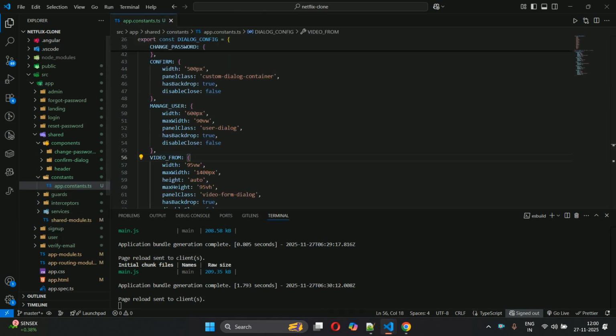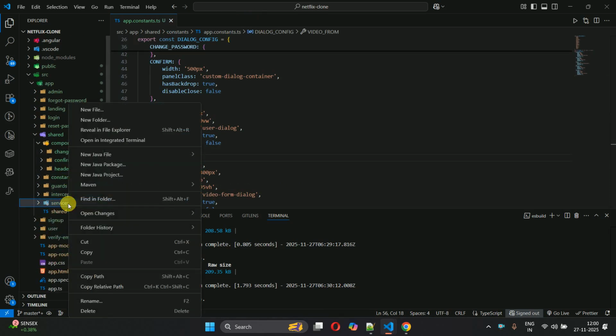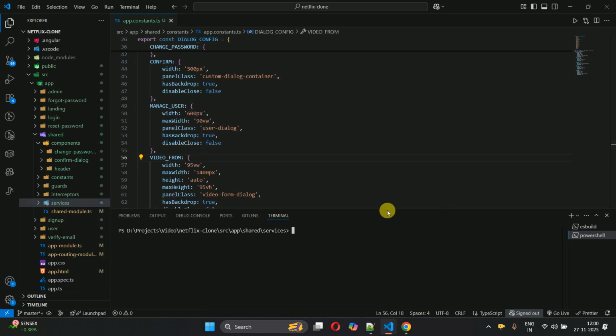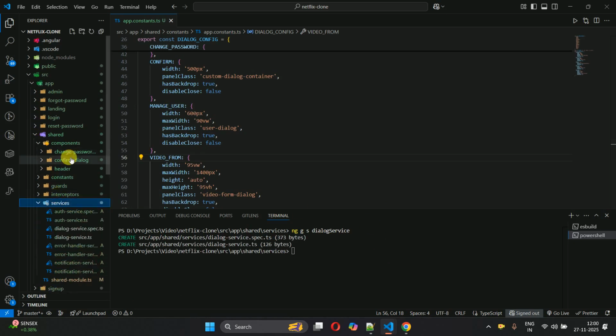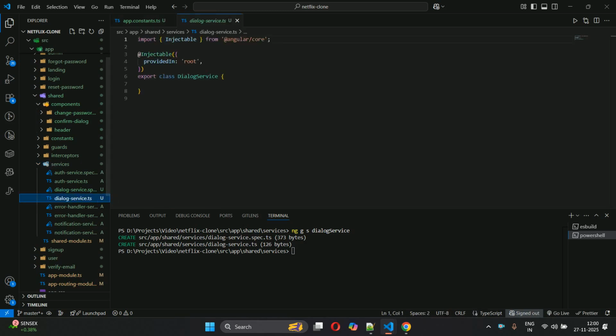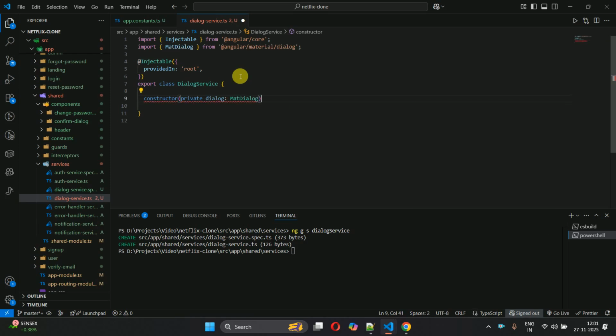So now we have to go to the service folder. We have a service folder, right? So right click on that, open the integrated terminal, and then write ng generate service dialog service, and then press enter, and it will create a few files inside the service folder. You can see the dialog service is created now for us. Now go to this service, and then we have to create a constructor, and in this one private dialog: MatDialog, and this one